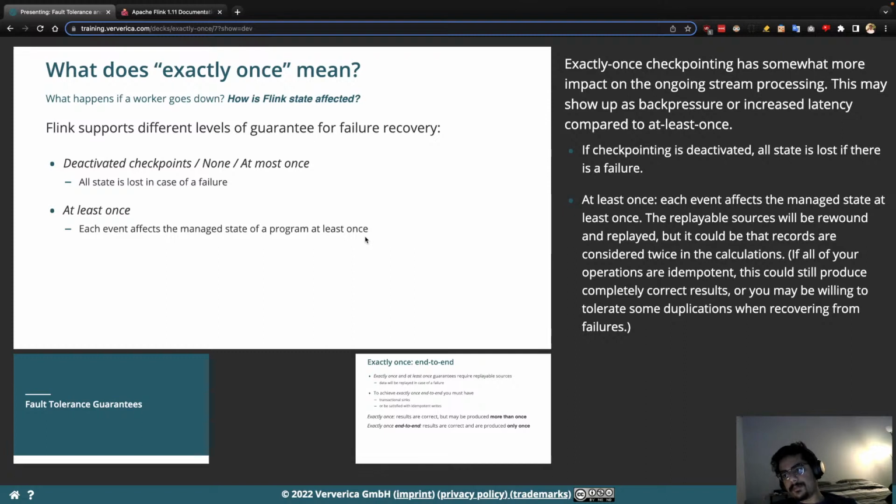If all of your operations are idempotent, this could also produce a completely correct result, or you may be willing to tolerate some duplication when recovering from failure. So what happens in this case is, instead of checkpointing the storage, what we do is, when the failure happens, the state is